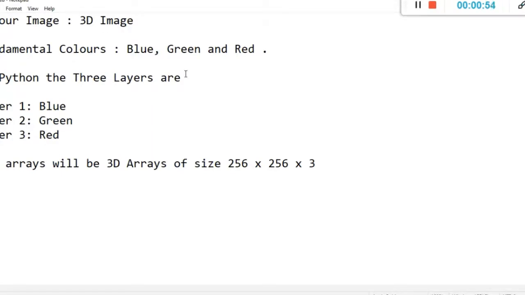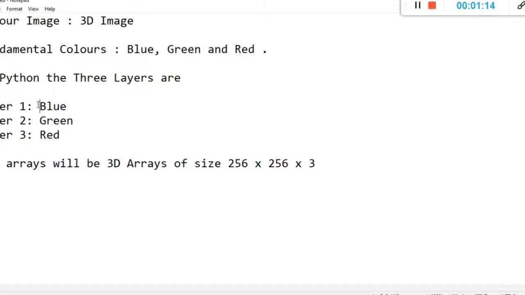So as we all know that there are three fundamental colors, that is blue, green and red, and using these three colors you will be able to obtain any color that is existing in this world. So therefore our three layers in the image are blue, green and red.